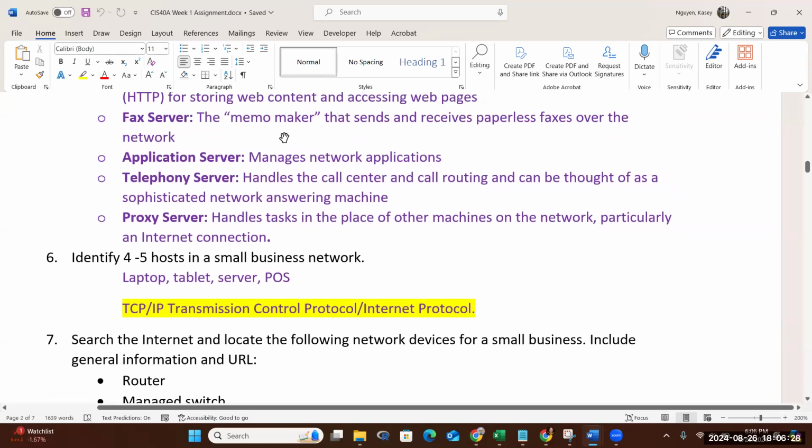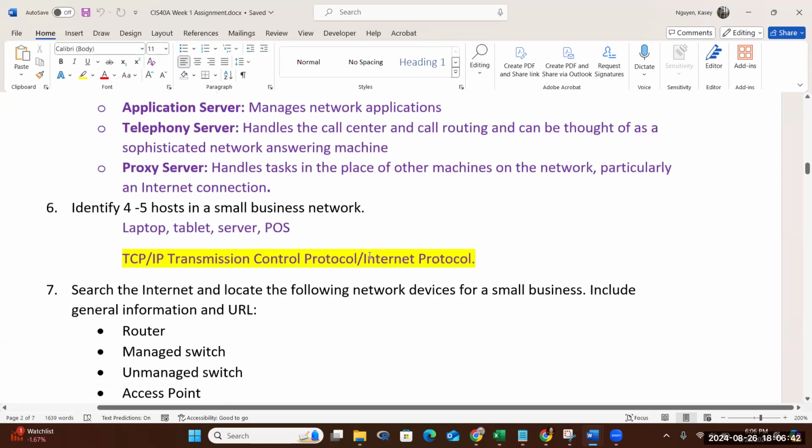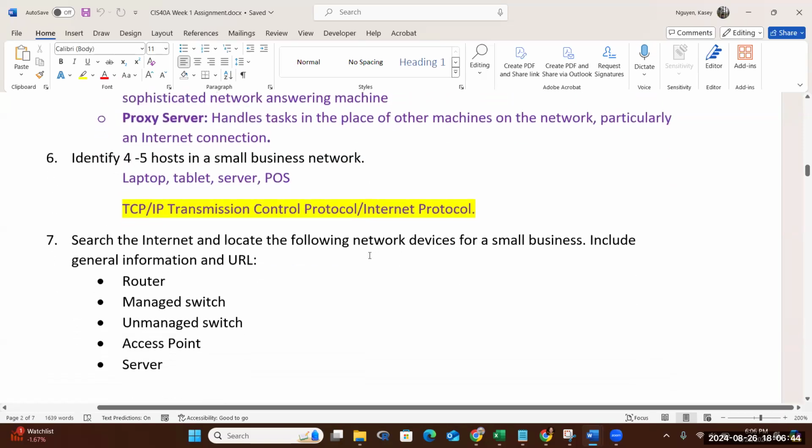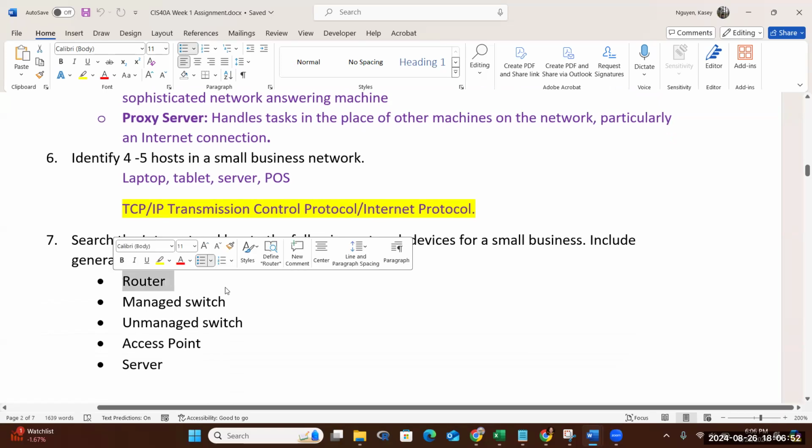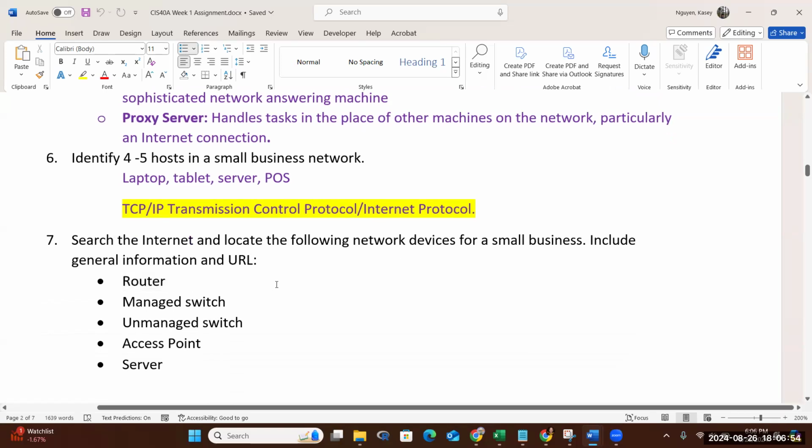Like I said, for the server, you can just find that in the notes, and it could be just a few, 4 or 5 hosts. You can add more to this. It could be a smartphone. So on the internet, I want you to search for some devices for small business, and then add a URL. I know wireless routers are abundant, but most businesses use